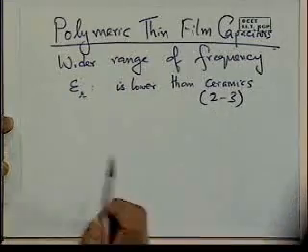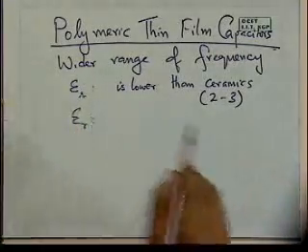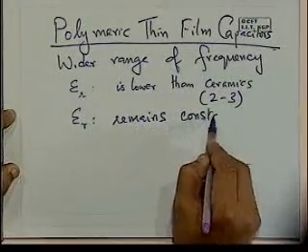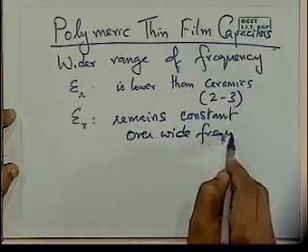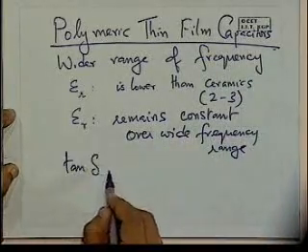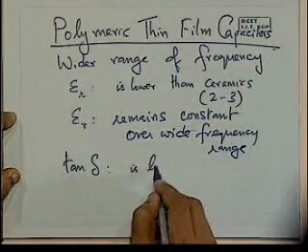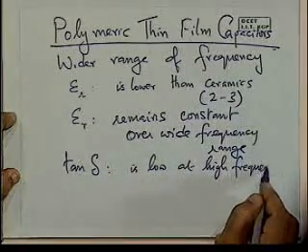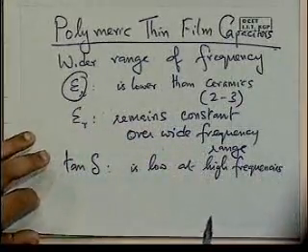But this remains constant, whatever be the low value, over the wide frequency range. And particularly the loss, tan delta, which is my loss tangent, is low at high frequencies. So these are some of the advantages, in spite of relatively low dielectric constants, for the use of